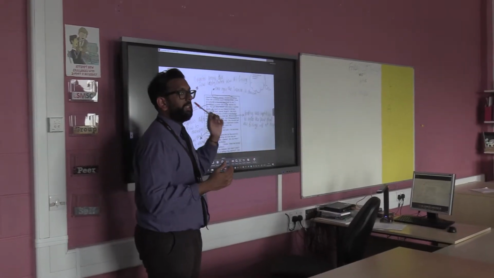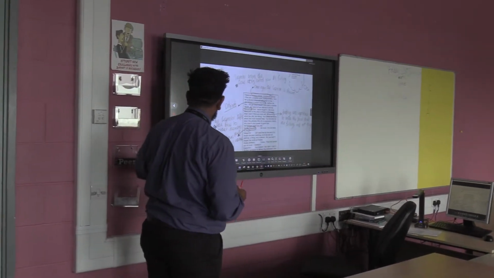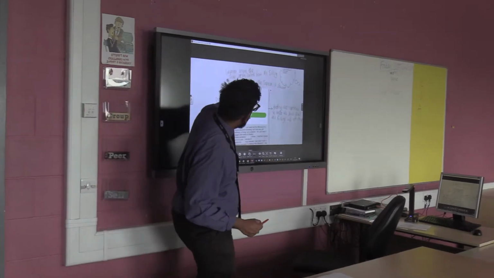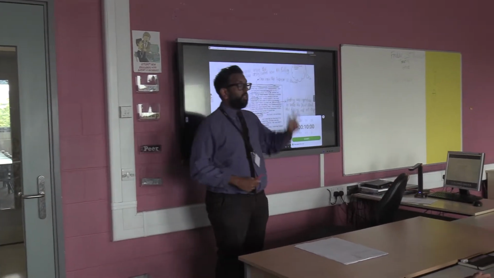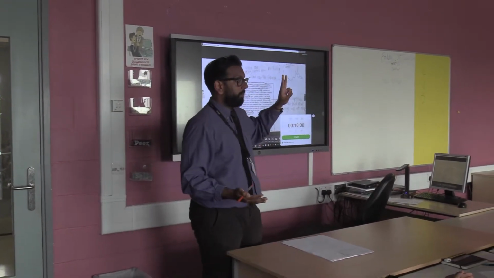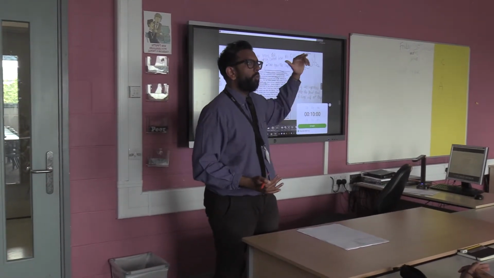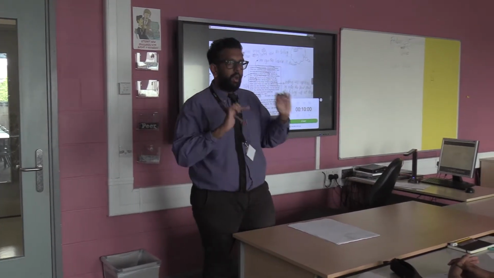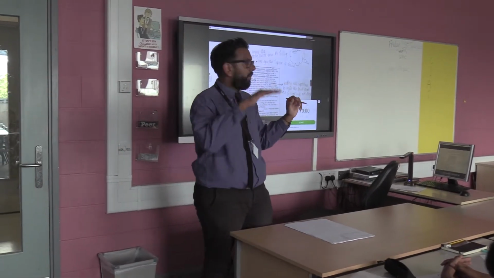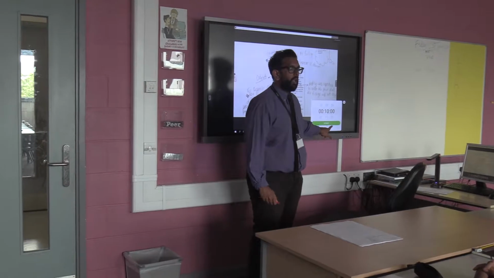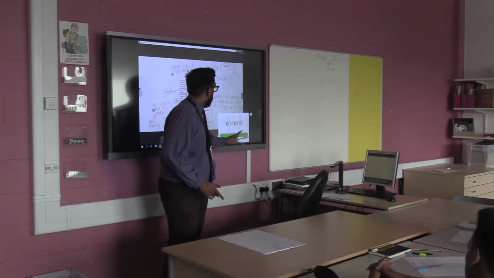Okay, right. It's now going to move over to the you do part. I'm going to put the clock up on the board, and what you are going to do is you're going to have a good 10 minutes, and in those 10 minutes you're going to use the three symbols from the key, you're going to number, you're going to circle, and when you get to the end you're going to reread the whole passage and you're going to decide which is the key piece of information from this piece of text. Right? And I'm just waiting to see everyone with their pens in their hands, and we are going to start.